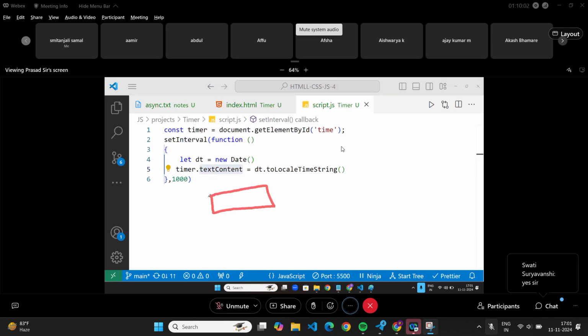Initially, I wrote something. Okay, if I write 2 13 15, then after 1 second, I will ask again for the new date and it will give me 2 13 16. Then I will take this 2 13 16 and write it here again. And again, after 1 second, I will ask. It will say 2 13 17. Then I will take this and replace it again. Like this, every 1 second I run the function again and again.